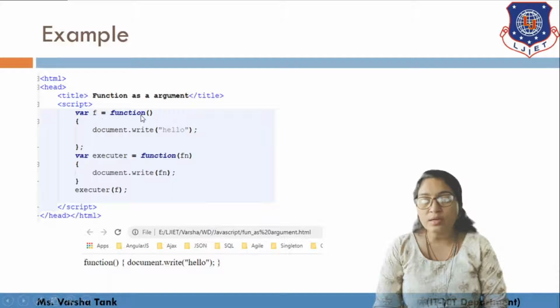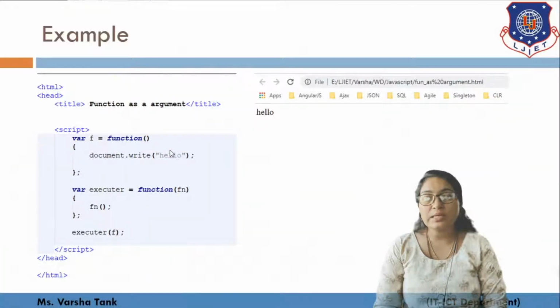In f it is written function in which I have written document.write, so it will print this thing as it is. Why? Because we are writing the function fn, we are not executing this fn. Now suppose, as we saw in the last slide, we execute it as a function fn. Then it will execute this and print the output hello.